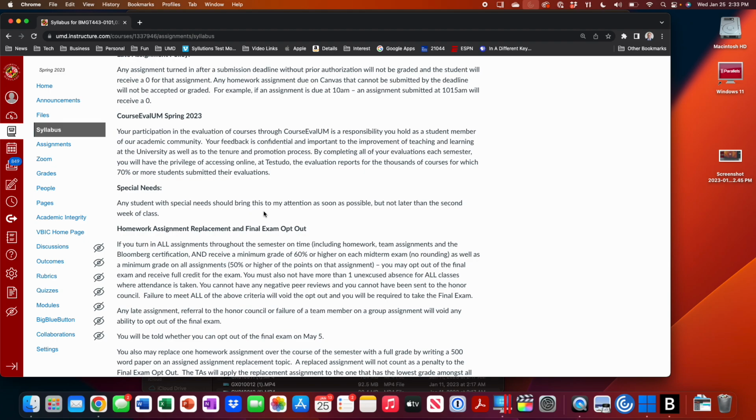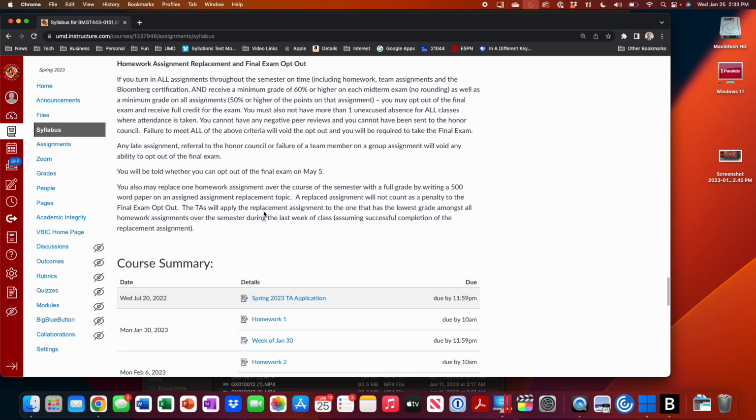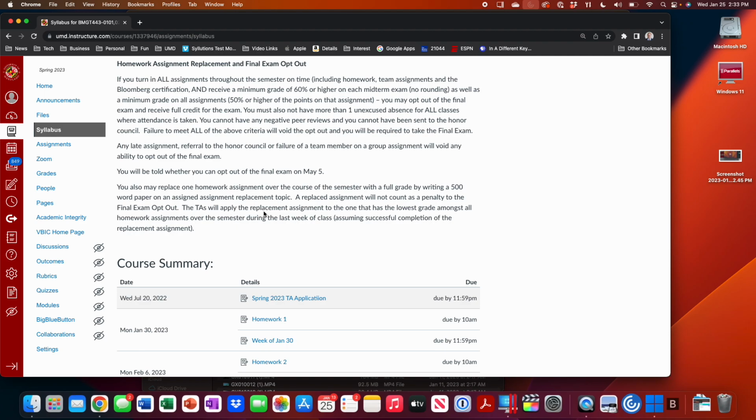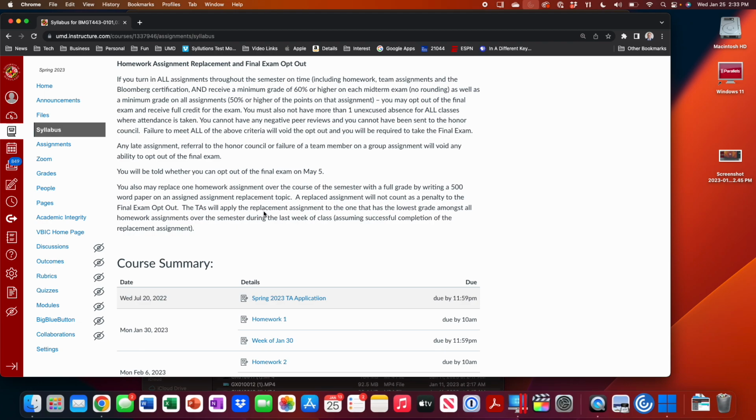In terms of the final thing I want to mention, everybody's going to make a mistake. So one of the things that I put in here is what I call the assignment replacement. If you don't do well or miss any individual assignment, you can replace that assignment with an alternative assignment, which is a 500-word paper, that will replace it as if you did that assignment and got full credit. Okay? So back to, you didn't do homework 3, you got a 0. Right? So you do the assignment replacement, we'll treat it as if you turned it in and got full credit.